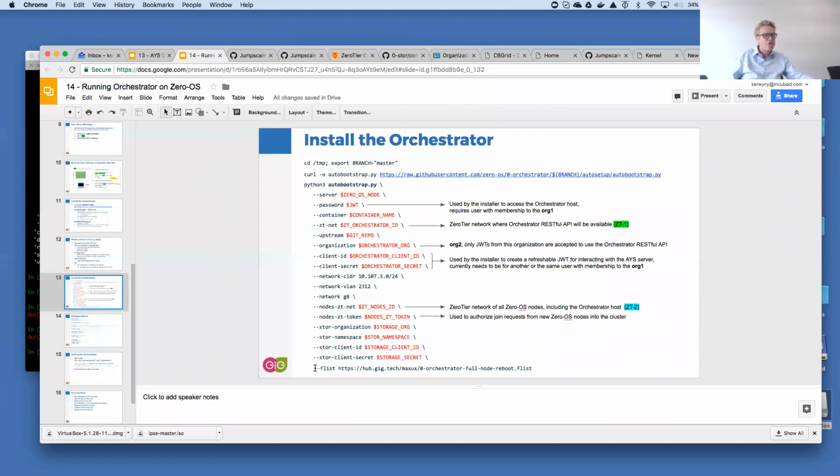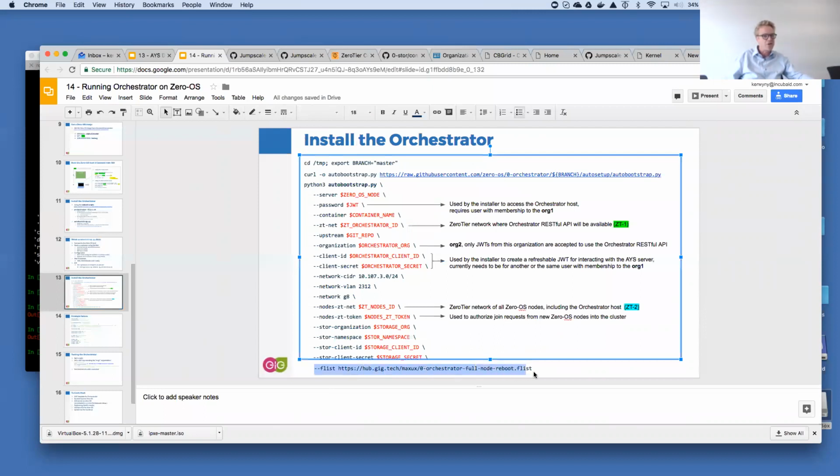The last thing that you need to specify is what you expect most is, of course, the address on the hub, and not the Bootstrap source, but the hub, the 0S hub of the F-list, the merged F-list, so including also the Ubuntu and the jump scale metadata, and then all the other things.